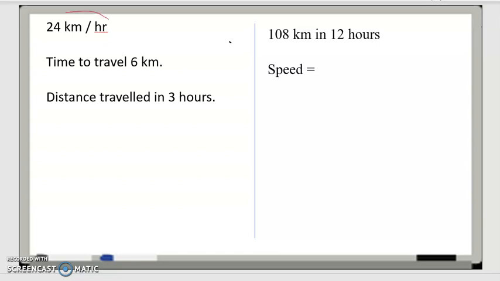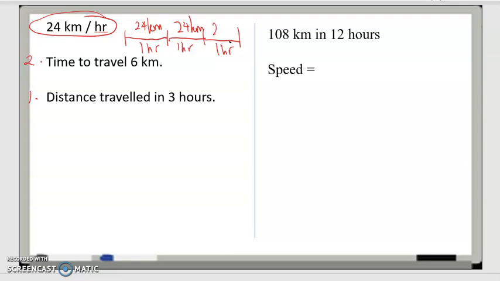So here's an example where we give you a speed. I think we'll have a look at this part of the question first, and then this part here. We've told you that you travel 24 kilometers per hour, and we've asked you to find the distance you travel in 3 hours. Well, really, I could just visually represent this as, that's the first hour, and there's the second hour, and there's the third hour. So every time an hour passes, you're going to travel 24 kilometers. So it makes sense that in 3 hours you will have travelled 3 lots of 24,